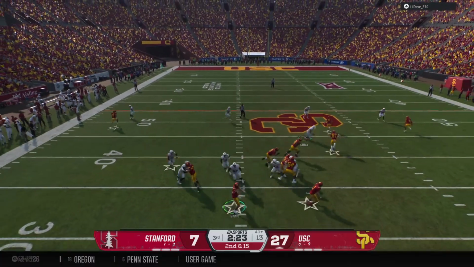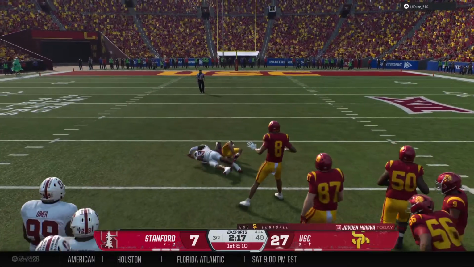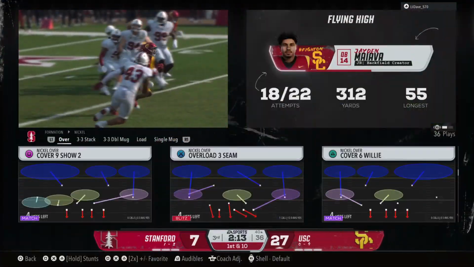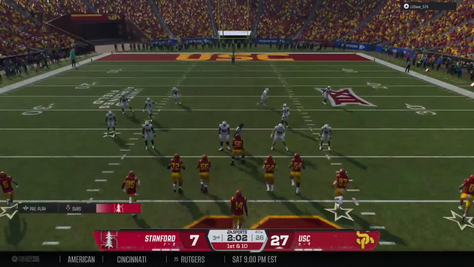To throw, it's Mayava. They'll throw it to the back on the screen. Turns it on in midfield. They'll make the stop, but not before they use the screen beautifully and pick up the first down. Yeah, and he's been throwing it all over the yard, and he's now over 300 yards on the day, so